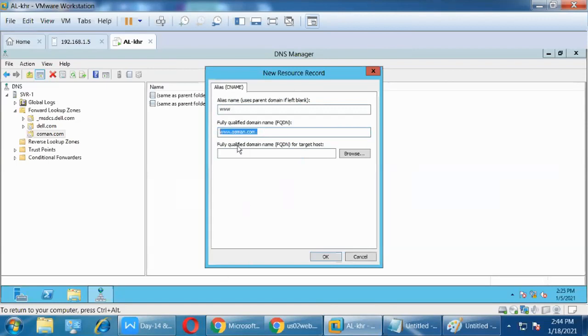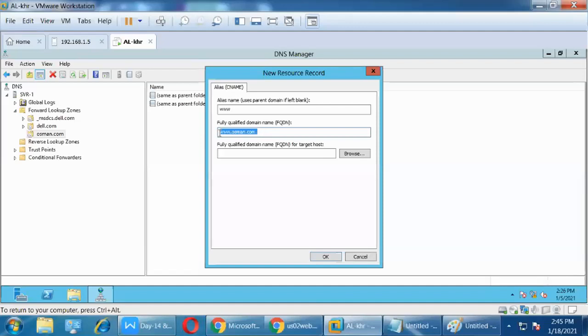Automatically www is added to the fully qualified domain. Yes, this is the fully qualified domain name. Remember that time I told you about the fully qualified domain name certificate? Because through the internet you want to search and connect to any server, you must type the www. If you don't type it, nowadays it will automatically take it. If we give the domain name with .com, www will automatically be inserted. In the background www is working. In the URL, if we type the domain name with .com, www will be added by default. Okay, got it.